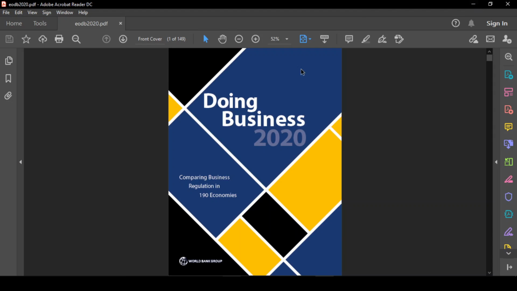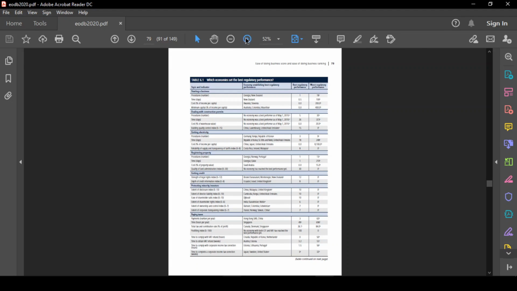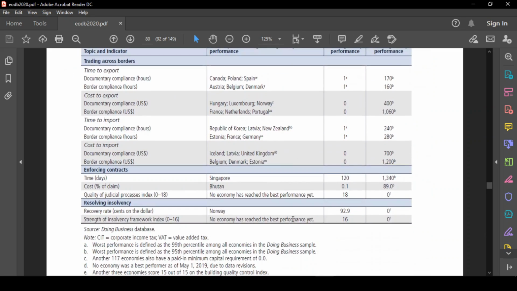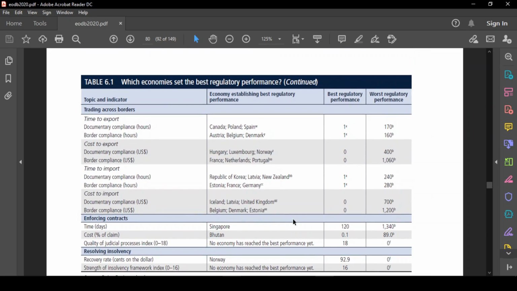Now let us take another example. In the same PDF, we have another table on page number 91, which spills over to page 92. Let us see how we can import this table, which is spread in 2 pages.